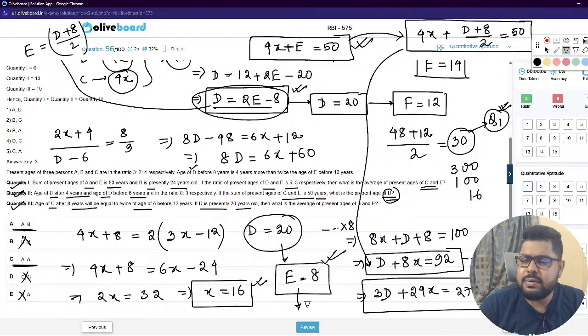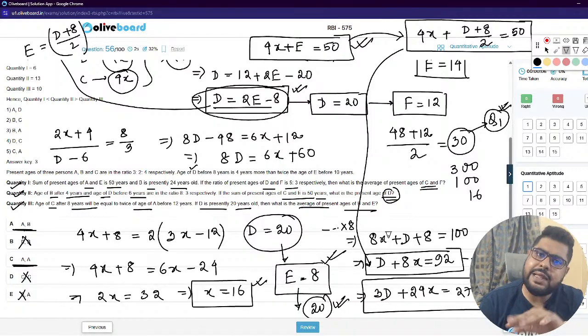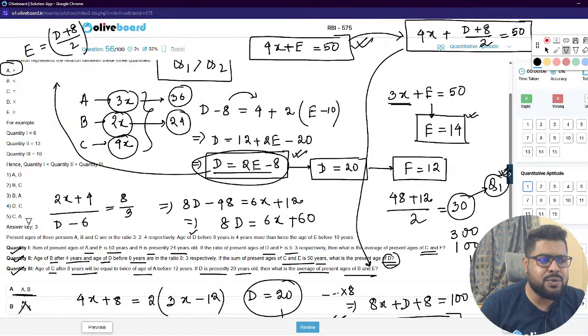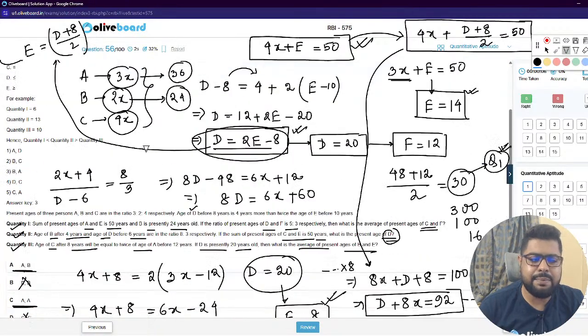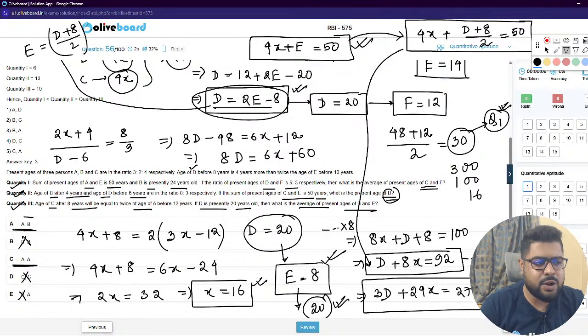So what is the average? Because they are asking average of B and E. So 32 and 8, 40, so 20. 20 is the average, 40 by 2. So again that is greater than Q2. So meaning, sir, Q3 is greater. So my answer will be: Q1 greater than Q3, less than Q1, greater than Q2, less than Q3. So greater and less. So A, B will be the answer, which is there in option number